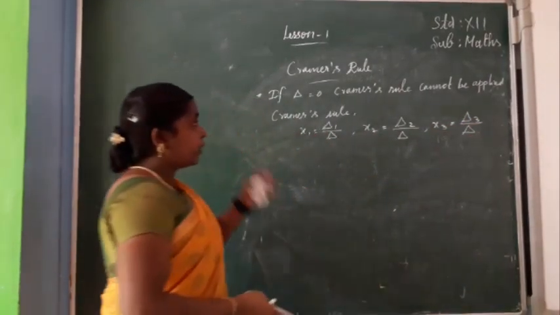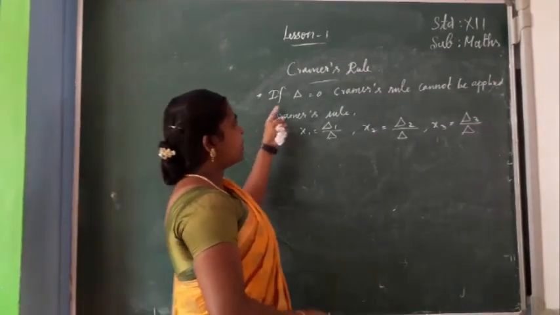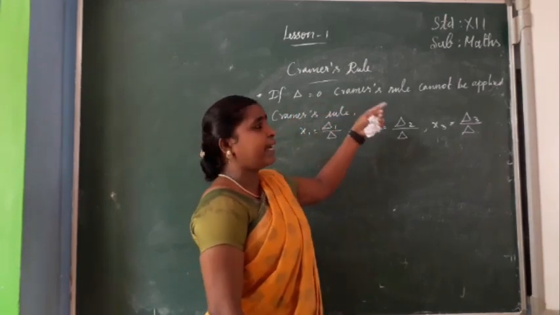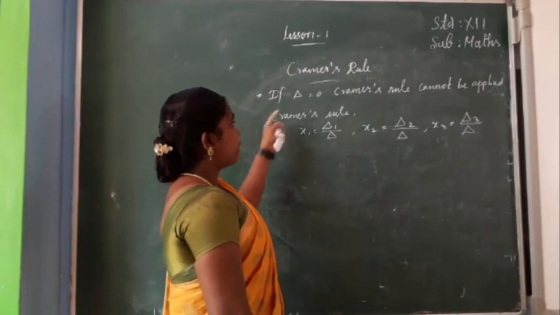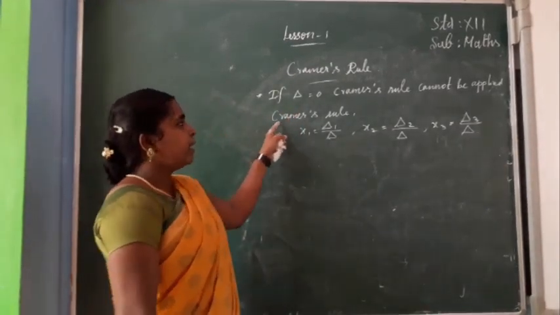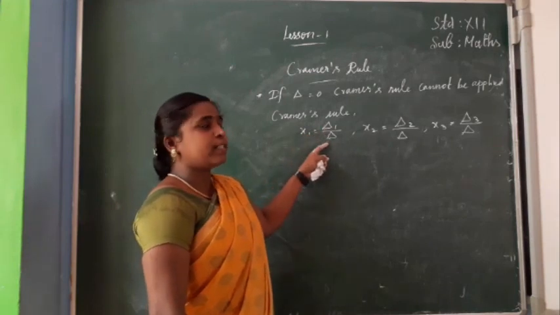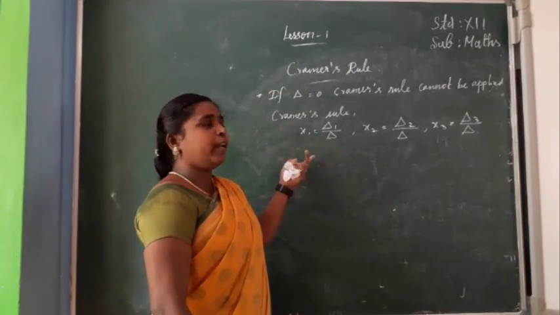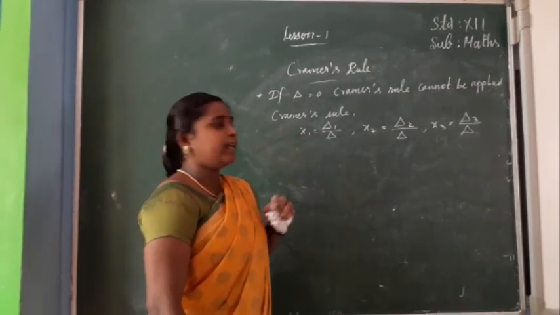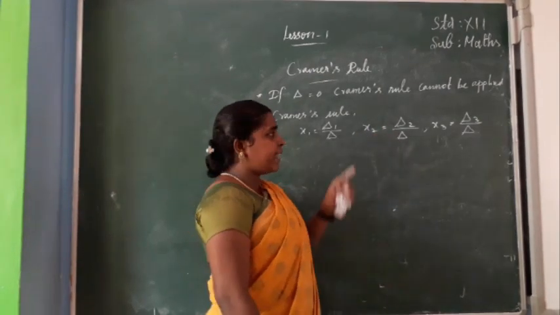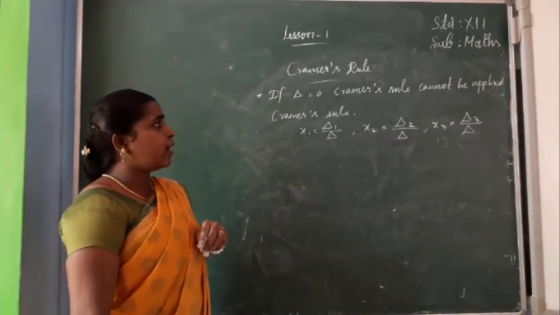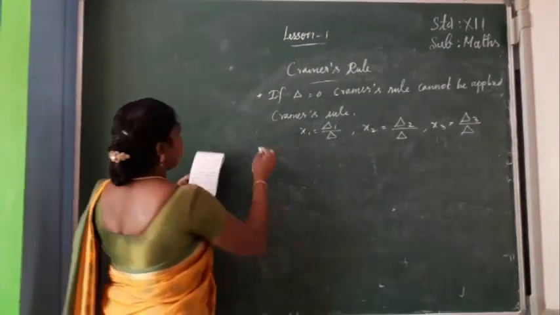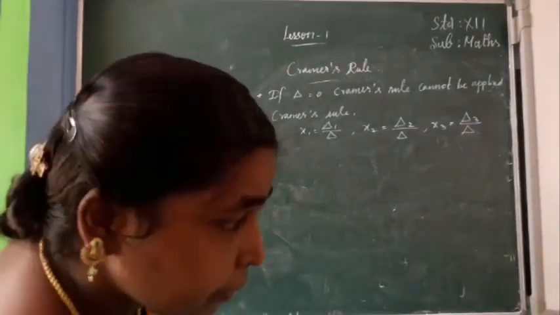Okay, now you see, actually Cramer's rule method means first check the value of the determinant, that is delta. If you are getting 0, Cramer's rule cannot be applied. You cannot use Cramer's rule. So if it is not equal to 0, you can use Cramer's rule: x1 equals delta 1 by delta. Suppose instead of x1, x2, x3 you have a, b, c or x, y, z, any of them. So x1 equal to delta 1 by delta, x2 means delta 2 by delta, x3 means delta 3 by delta. Okay, so this is the formula. So now we are going to see a problem from Cramer's rule. So example 1.25.